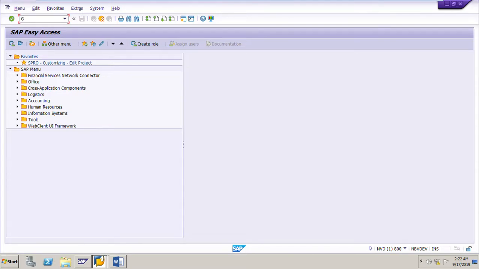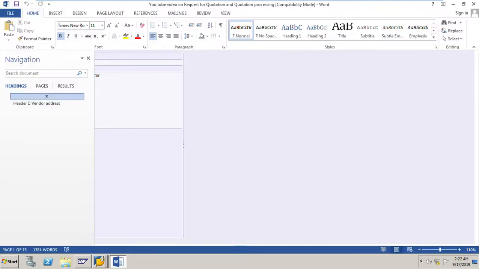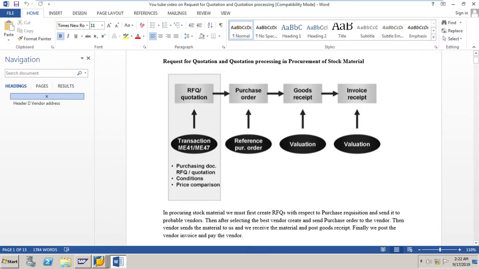Hi friends, in today's training session we will learn about request for quotation and quotation processing in procurement of stock material. In procuring stock material, let us say